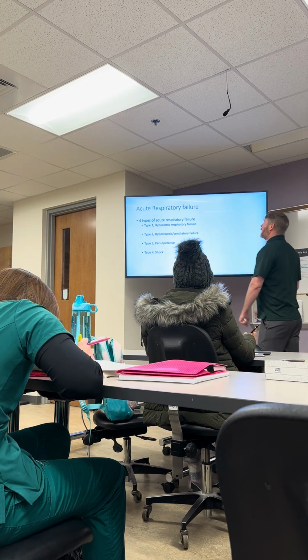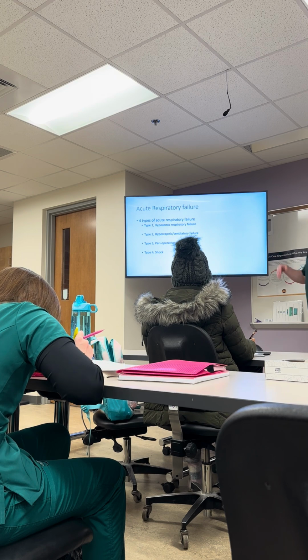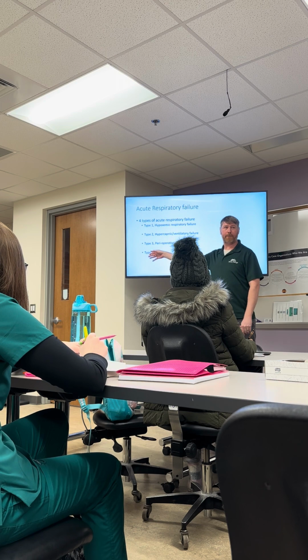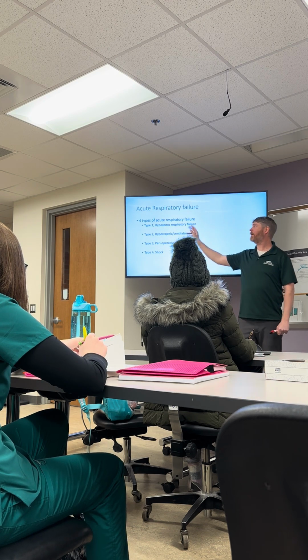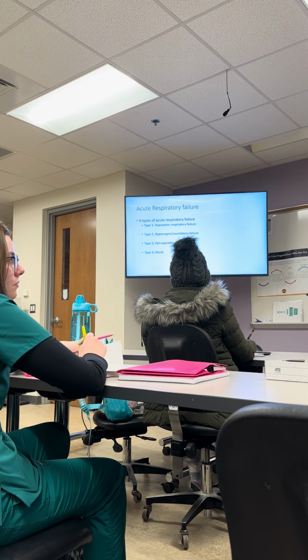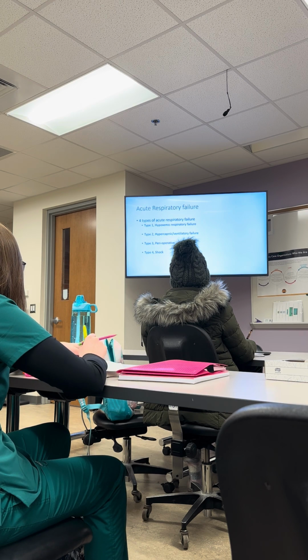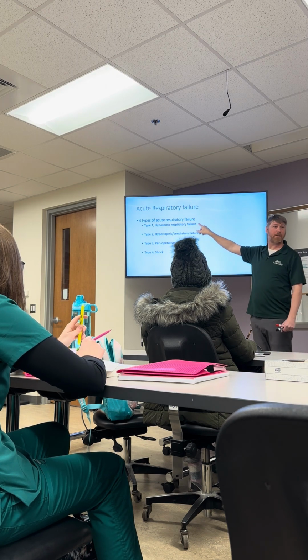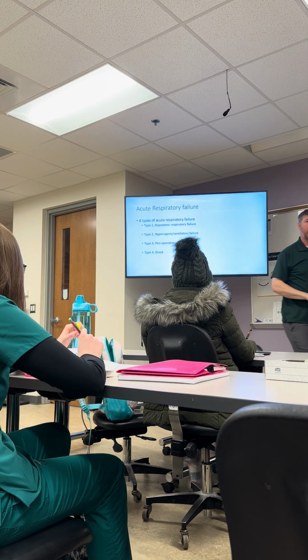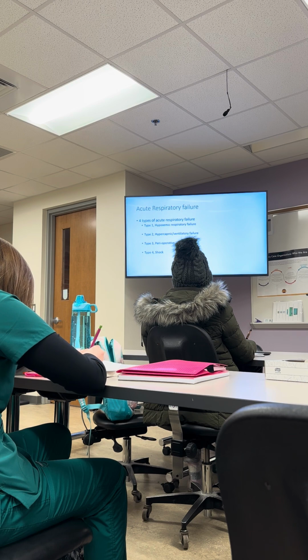So, 4 types of acute respiratory failure, okay? We're talking acute now, not chronic. You're gonna learn each type. Okay. So type 1 is hypoxemic respiratory failure. If you're thinking about a blood gas and you hear the term hypoxemic respiratory failure, what's that blood gas look like in your mind? Acidotic. Well, are we talking about pH at all? Are we talking about acid-base balance? Lower than normal oxygen. Low oxygen. Decreased oxygen. Okay? So you can have someone in hypoxic failure with